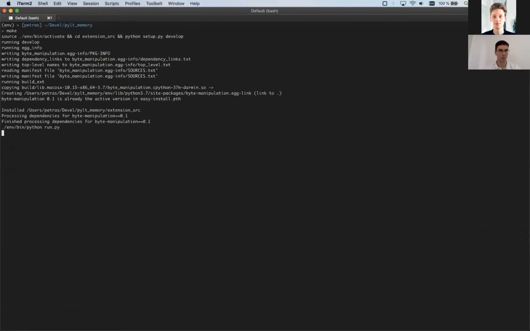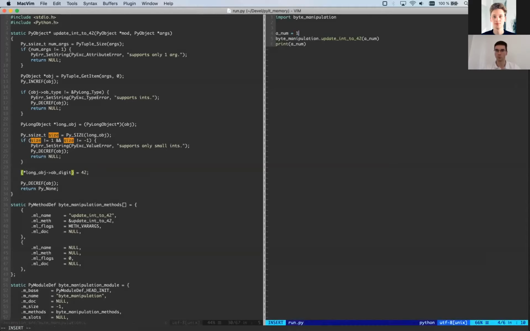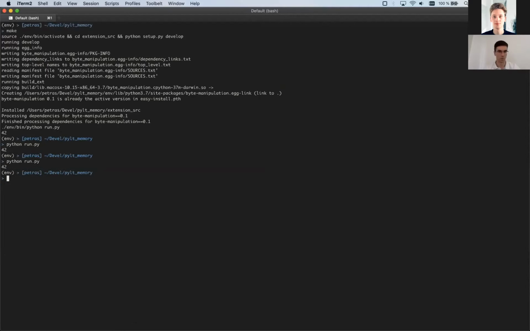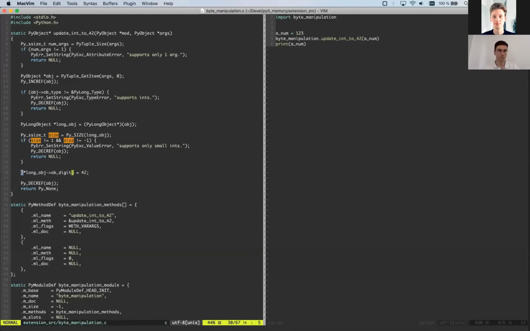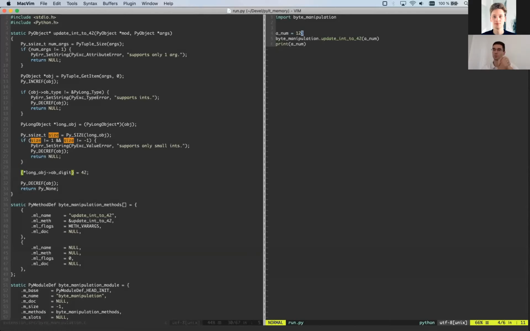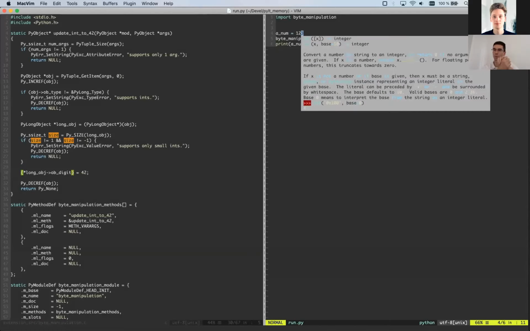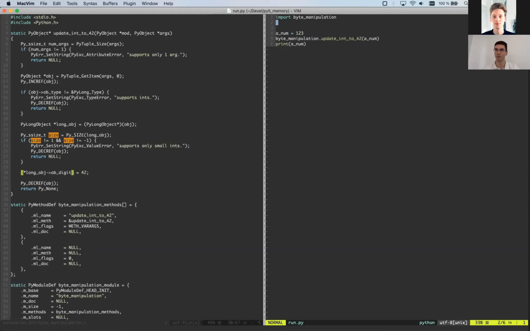Yeah, it prints 42. If I just run, yeah, 42. If I change to, I don't know, 1, 2, 3, right? It's still the same. The thing is, it seems innocent to just assign a number, but since integers in Python are supposed to be immutable, and I'm working with them as if they are mutable, I'm destroying everything that's in the Python interpreter.